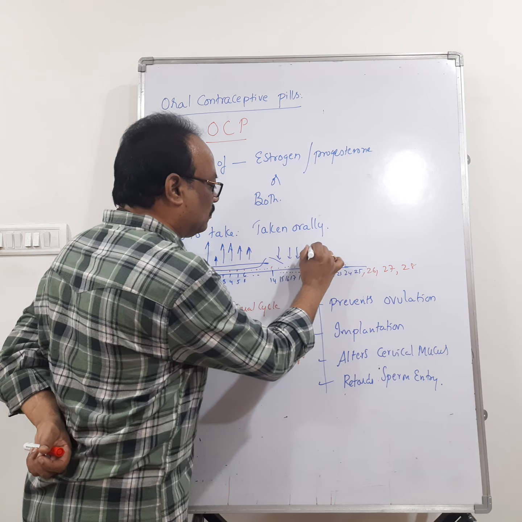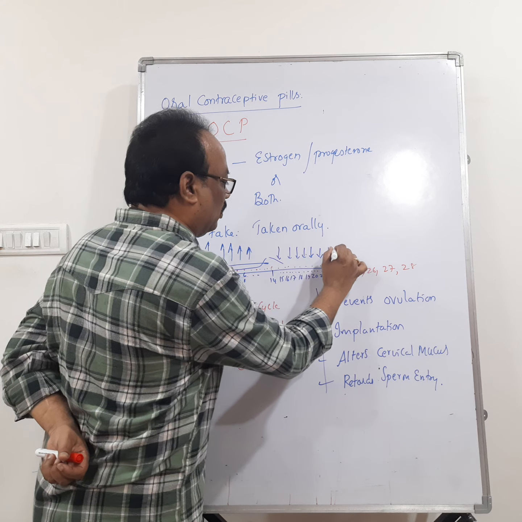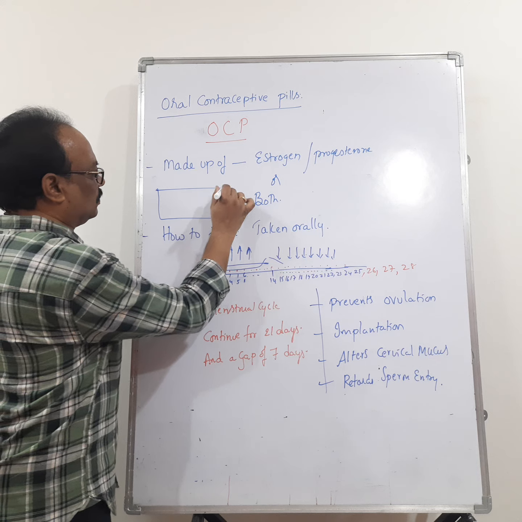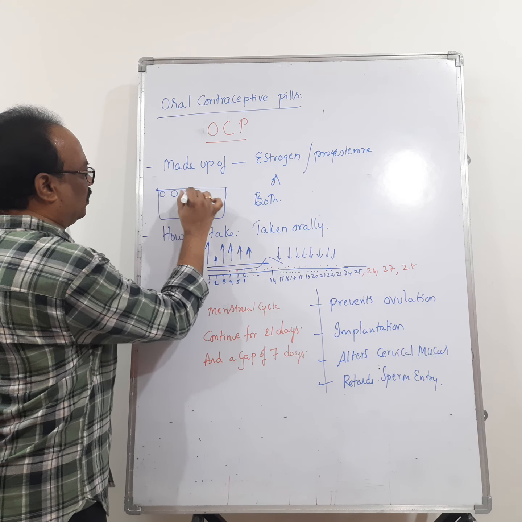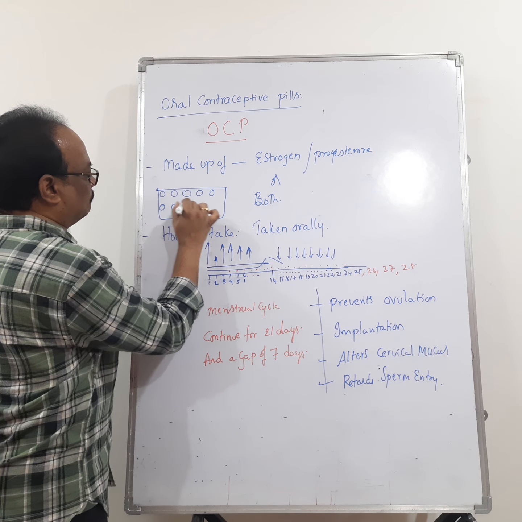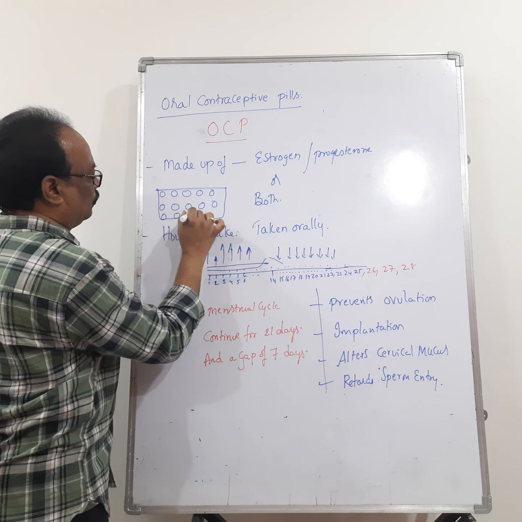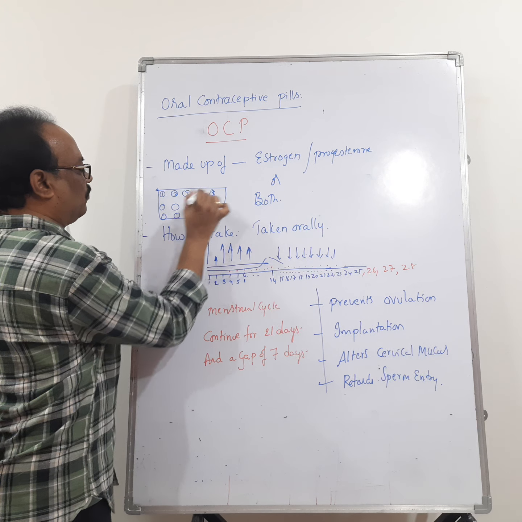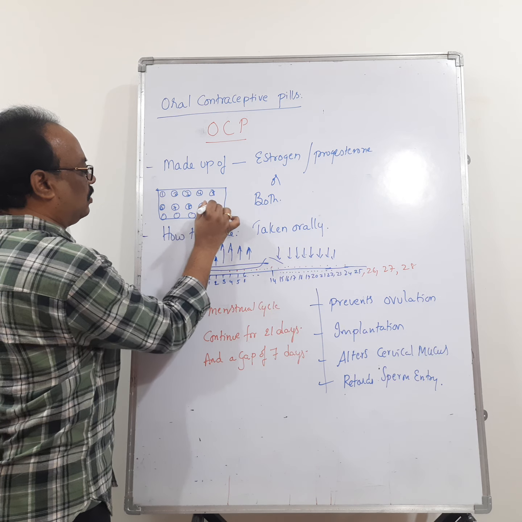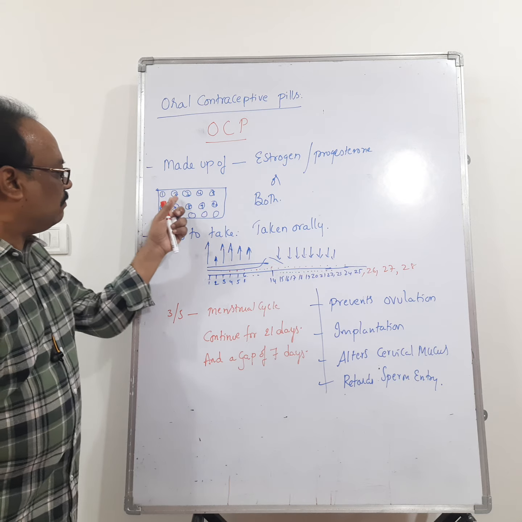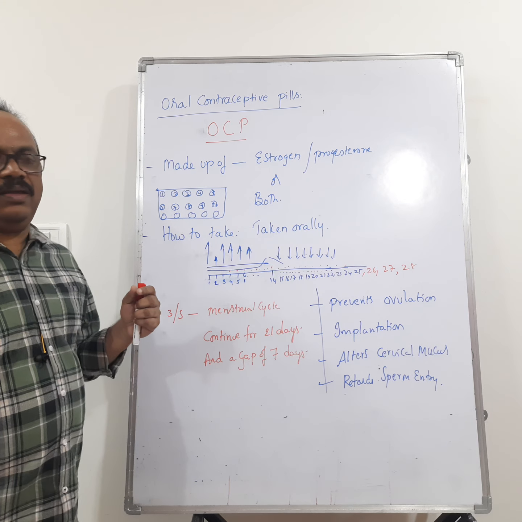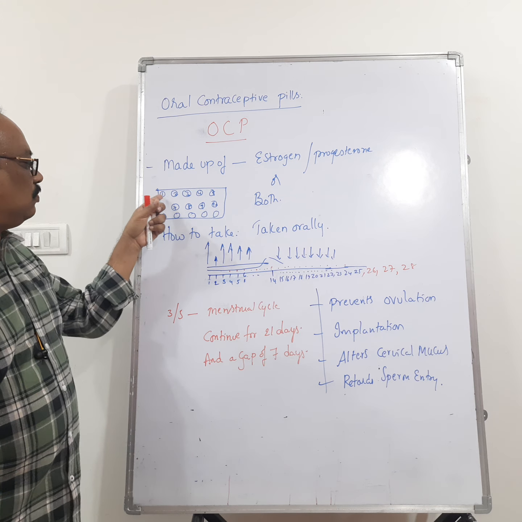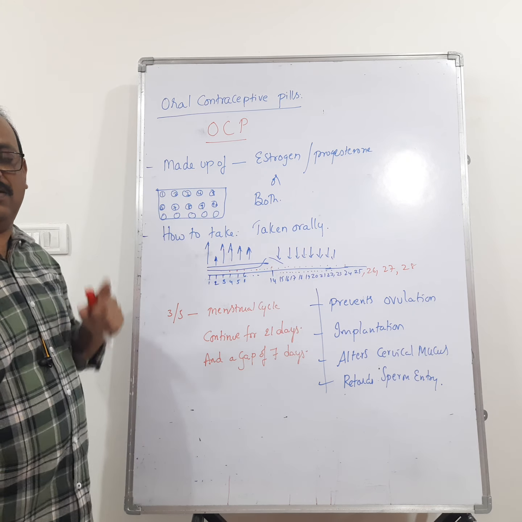So that is the reason why they give the tablets as a tablet sheet. In the tablet sheet, the tablets are like this, right? They give day 1, day 2, day 3, day 4, day 5, day 6, day 7, day 8, day 9, day 10. Like this, they mention the days. According to that day, they have to take these tablets. Day 1, first tablet, day 2, second tablet, day 3, third tablet, like that.